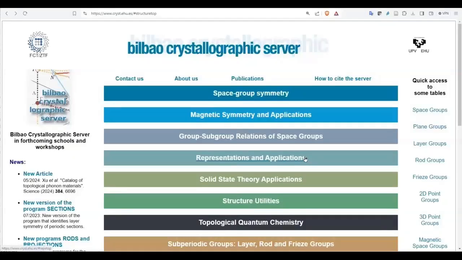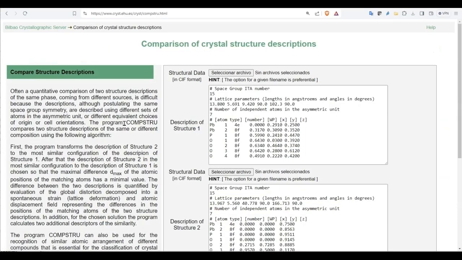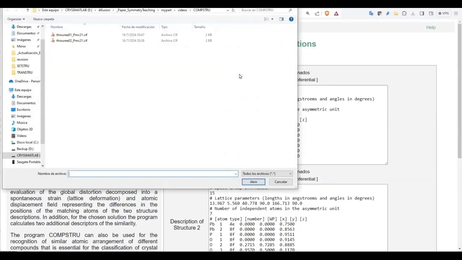If you have two structures and want to compare them, provided that both of them are in the default setting of a space group, you can go to the Bilbao Crystallographic Server in a web browser and come to structure utilities, COMPSTRU. The program will ask you to input the two structures, so we will input the low temperature form of Theoria 2 in the default setting P m c 2_1 that we obtain by applying the SETSTRU program,